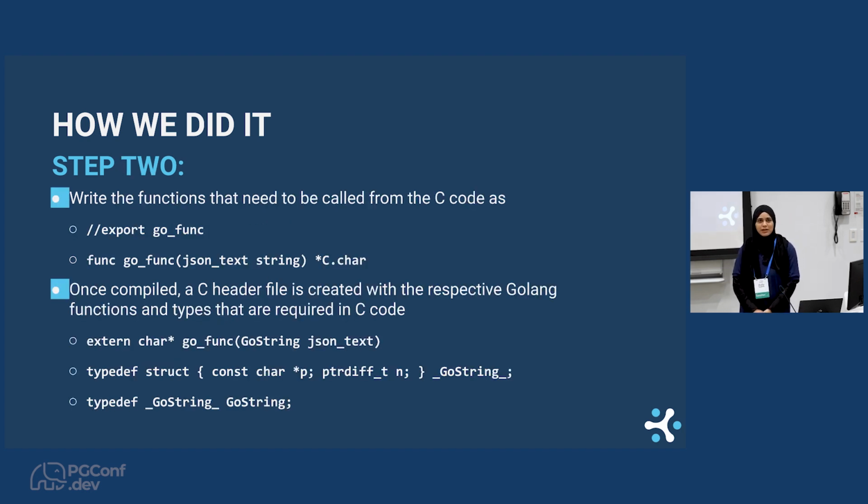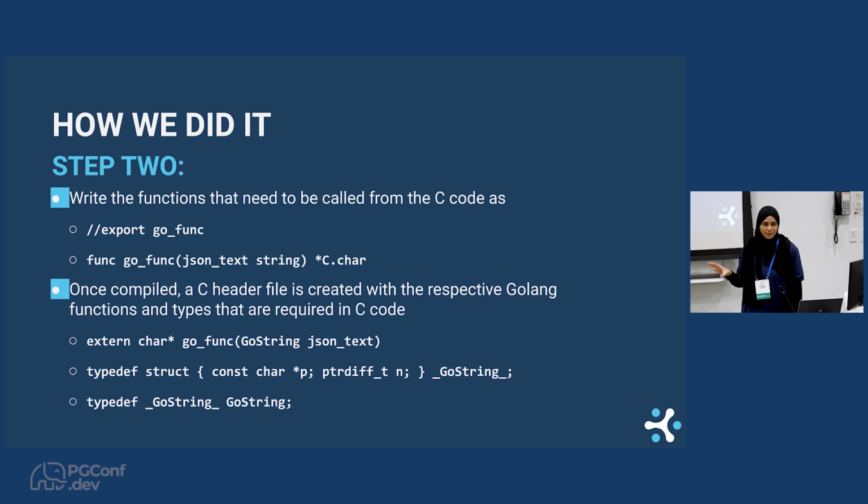So now the next part is that we write not the C code, but the Go code that is to be called from the C code. And the way to do it is add this export comment with the function name. So for every function that you write like this, compilation-wise, it will be known that these are the functions that will be called from C. If you do not do this, then they are just local Go functions, and can be called through the Go part only. So once you compile this Go file, that's when you get the magic.